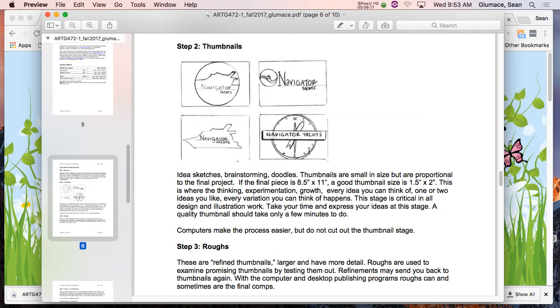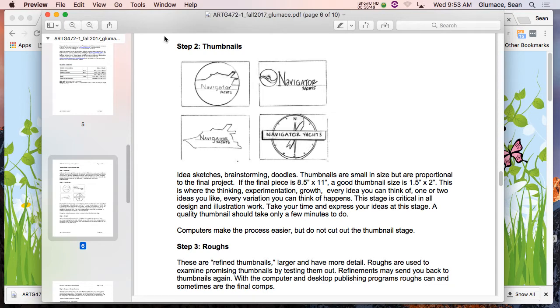And that's my book. And if I was hiring you, you'd show me your portfolio, maybe your Behance, it's all digital. And I'll go, do you have a book? Do you have a sketchbook with you? I'd like to see your sketches. Now, these are your ideas. We don't show the client these. The client doesn't see any of this. They don't need to. It confuses them. But this is your area. This is your ideas. It's critical in all design and illustration work.